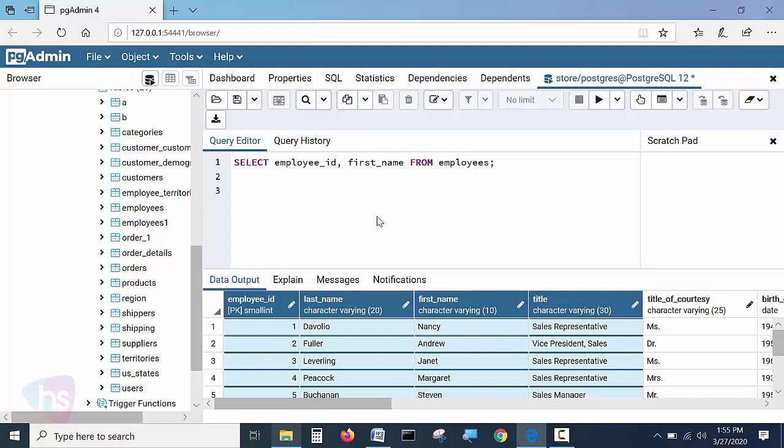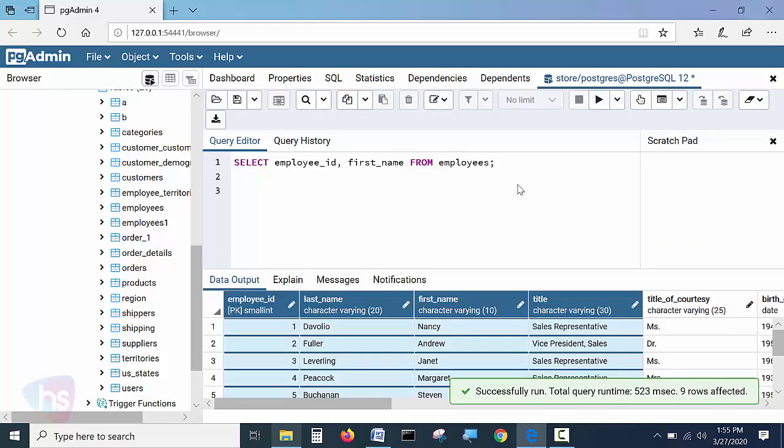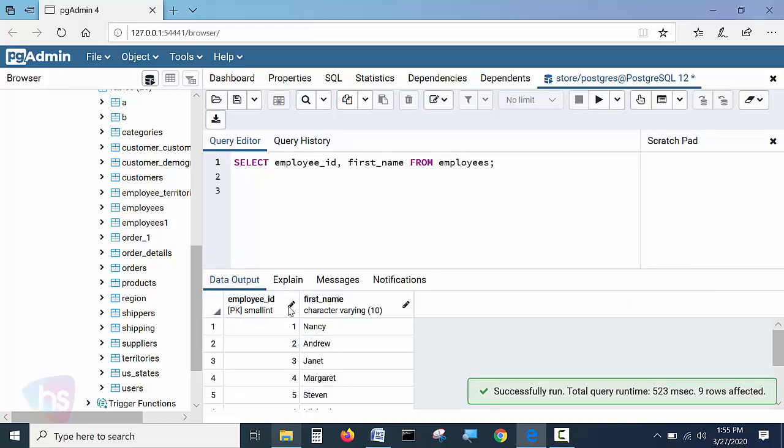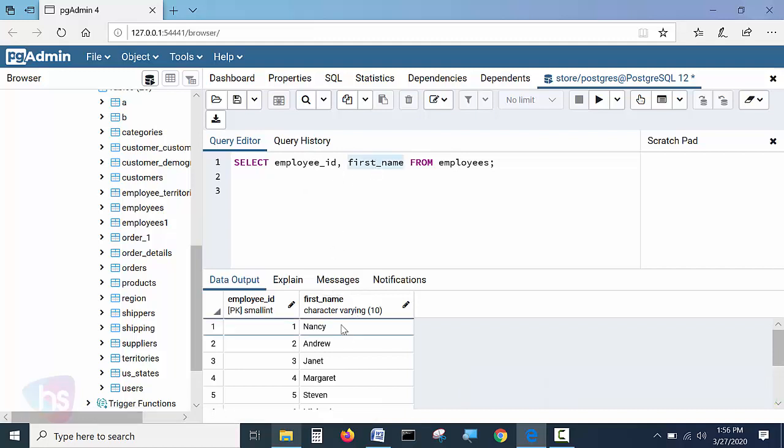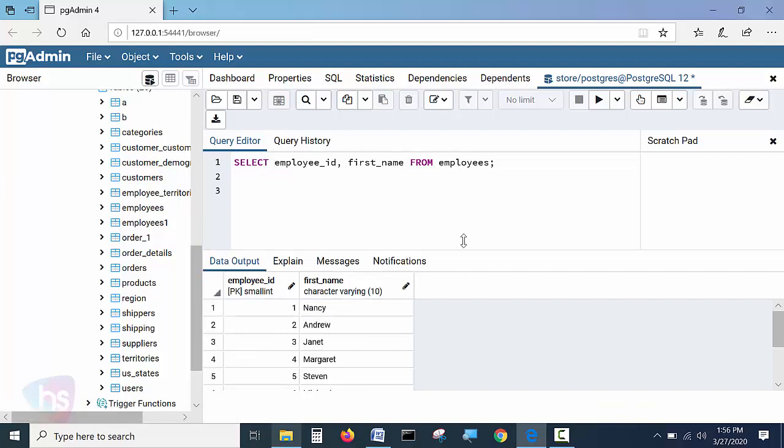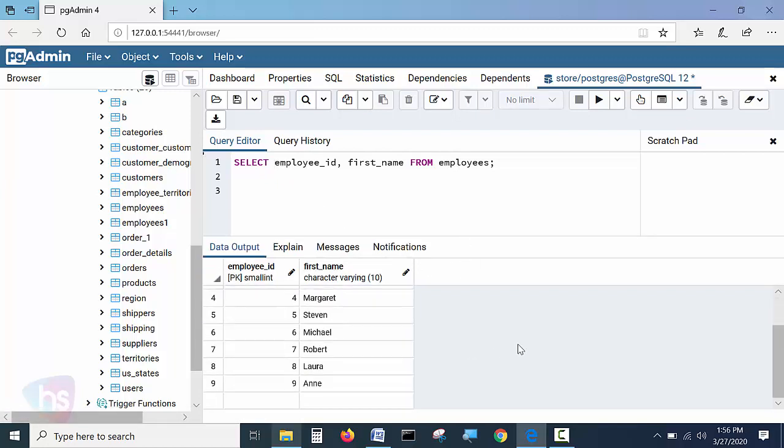Now see, the result set is only for two columns: employee ID as well as first name. How many rows are returned? Almost 9 rows.